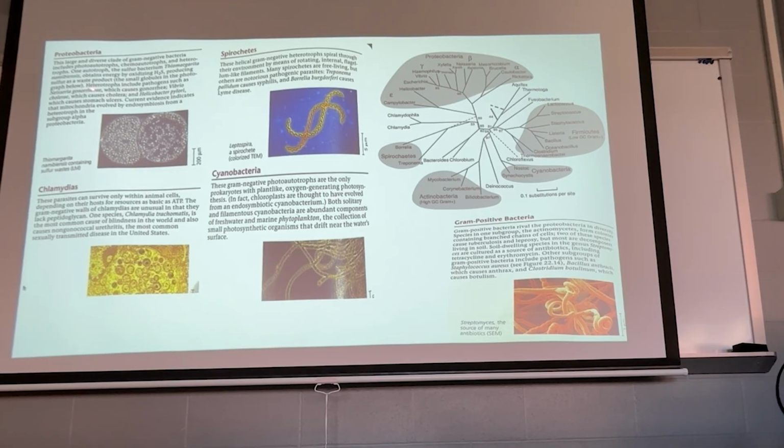Others are simple heterotrophs. The heterotrophs are often pathogenic. They have to eat or obtain their nutrients. And the pathogens that are found in proteobacteria are things like gonorrhea and cholera. Have you heard of cholera before? It's a bacterial infection that causes mass diarrhea. It's from contaminated water. It can kill you if you don't have antibiotics. Before the antibiotic age, cholera killed lots of people.